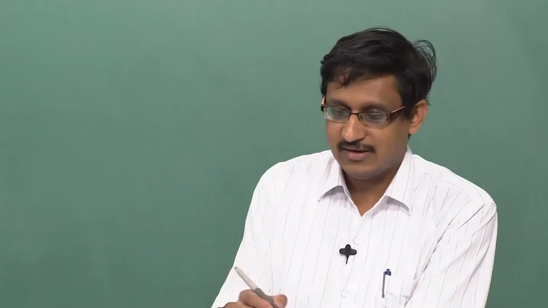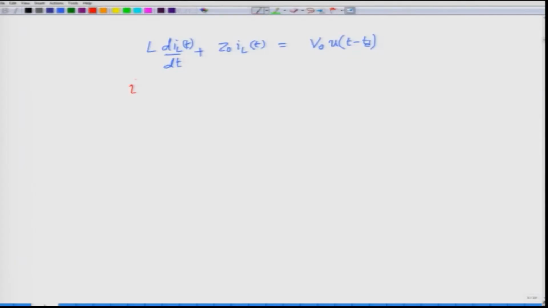So that's all. You can go back to the differential equation, apply the boundary conditions, and solve it, but the net result that you are going to obtain is fairly simple. From the physical arguments and from previous experience, we can write IL of t as V0 by Z0, which is the final current, to which it must charge exponentially with a time constant tau, where tau is equal to L by Z0. Does this equation make sense?